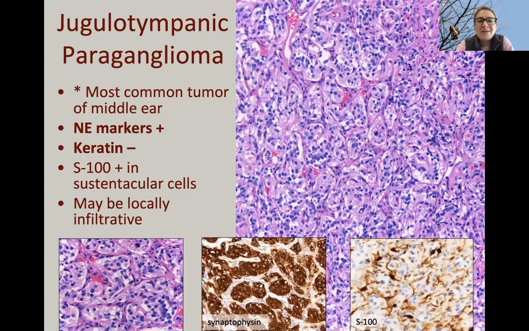The most common neoplasm or tumor of the middle ear is jugulotympanic paraganglioma. As you know, paragangliomas can happen in any, you know, chain ganglia. This is specifically the ganglion of the middle ear. So these should stain positively for neuroendocrine markers being synaptophysin, chromogranin, as pictured on the bottom. They have S100 positive sustentacular cells surrounding these nests, as you may remember from medical school, so-called Zellballen, right? Basically just small nests of neuroendocrine cells. These can be locally infiltrative, but usually behave in a benign fashion,